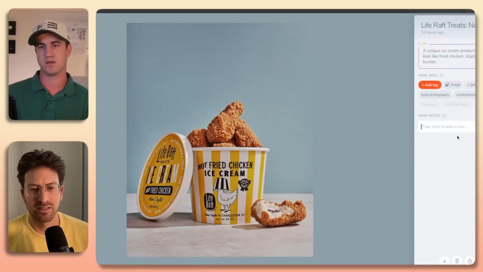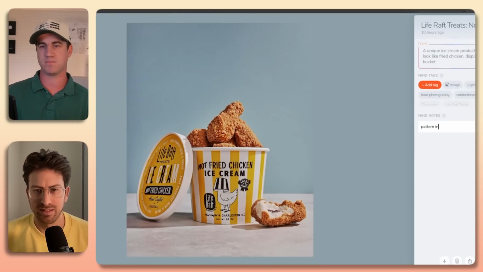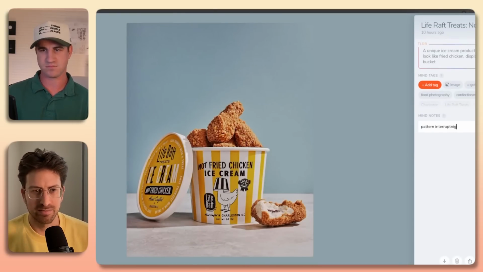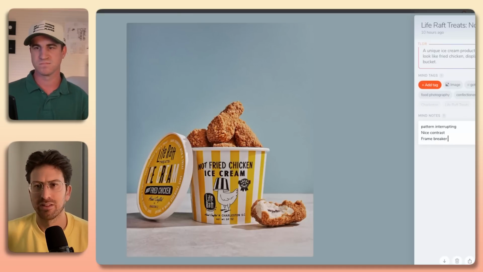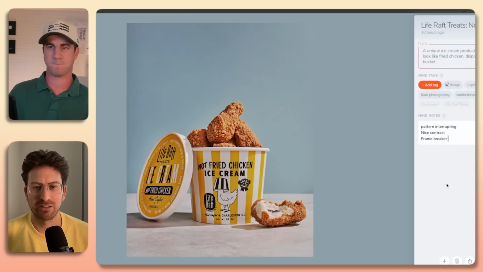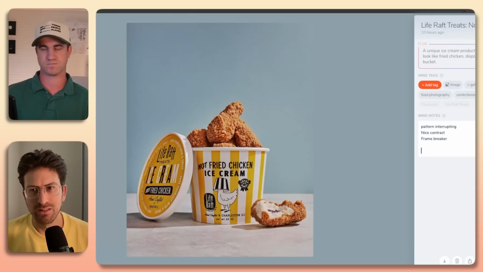Chicken, like pattern interrupting, nice contrast, frame breaker, whatever. I wanted to put that in there. So that's what I think people need to do, and especially as you write it down, it will solidify it